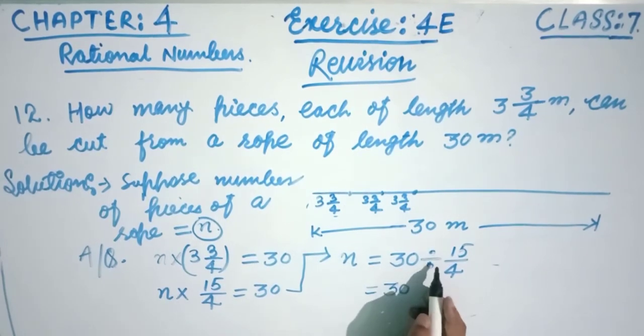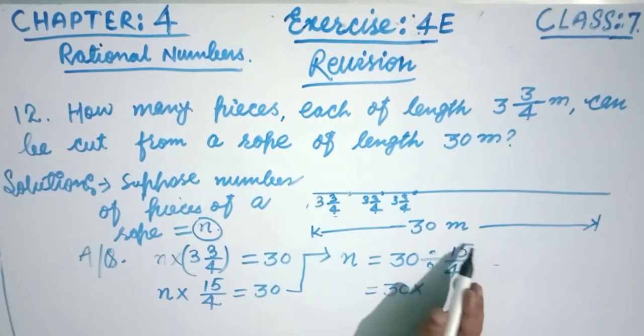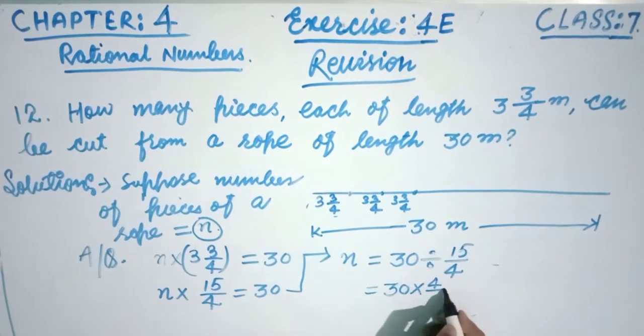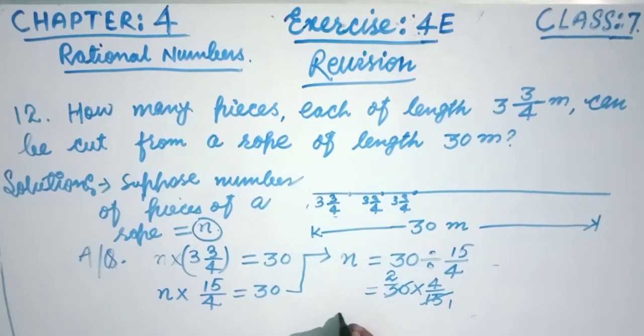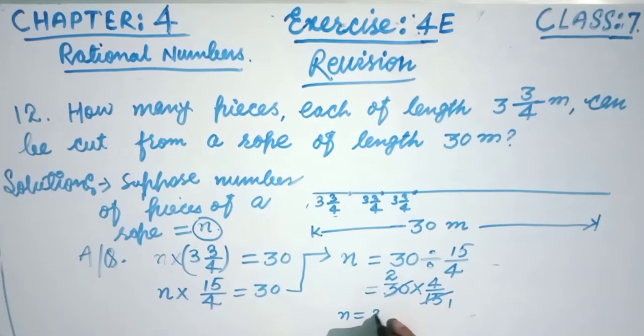And to solve this, if you change it to multiplication, and you know multiplication is just the vice versa of division. If we change the division into multiplication, then we will change this value, meaning the reciprocal of this number. So this is 4 by 15, friends, remember. So friends, we can cancel: 5 one time and 5 two times is 30. Okay, so n is equal to, friends, 2 multiplied by 4, n is equal to 8. Sorry, no meter. n is equal to 8. So the number of pieces is 8.